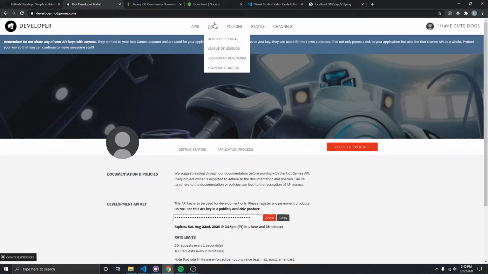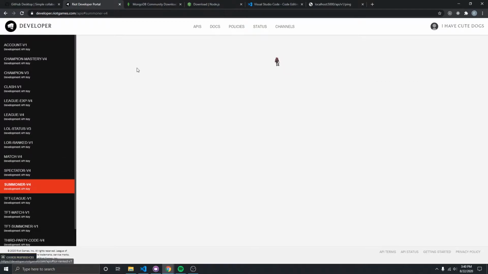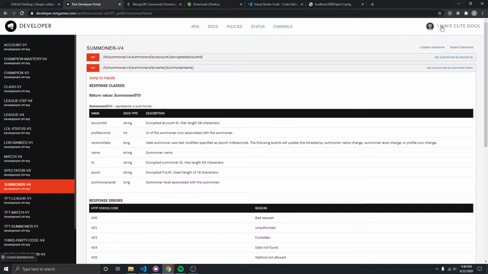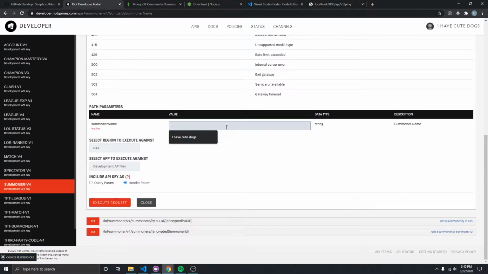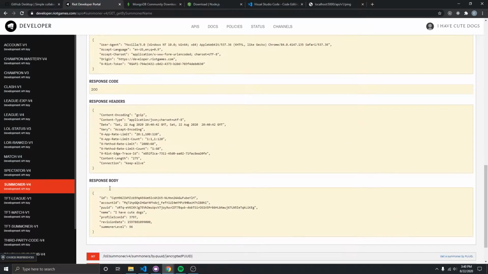The web service we're going to use here is going to be one of Riot Games' web services. It's going to be its Summoner web service to get detail about an account. You see I have an account here. My account's name is I have cute dogs. Riot's web service allows me to get more detail about that account by pulling that Summoner name and executing the request against their web service. And I get detail like my account ID, my name, my profile icon, what my level is, and